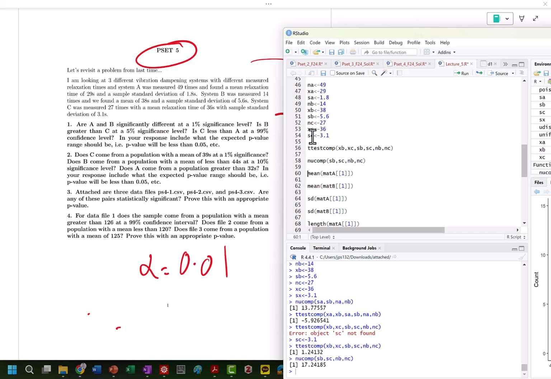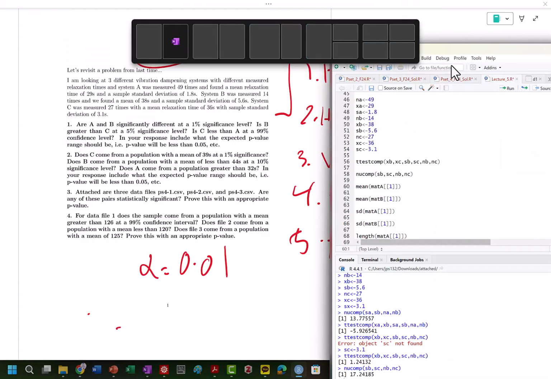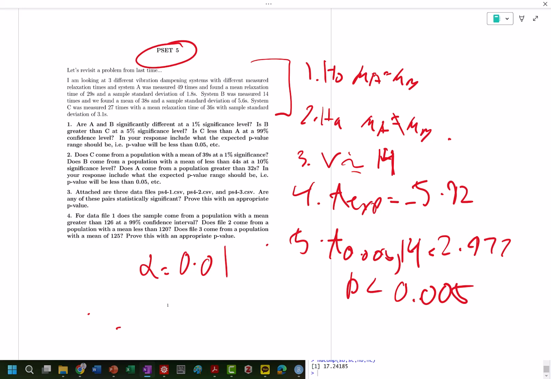So now we can adjust our approach a little bit. Now we're looking at a greater than, so let's shift this. Now we're saying, is this greater than? These aren't going to be affected too much, but now we're looking at a right-side test. So now our t experimental is 1.24.